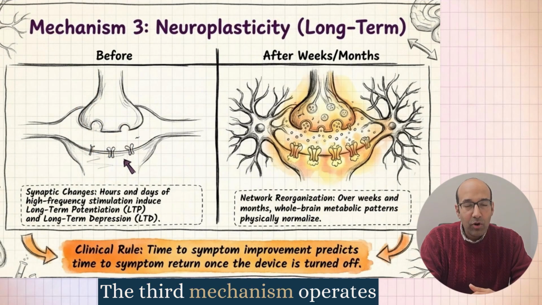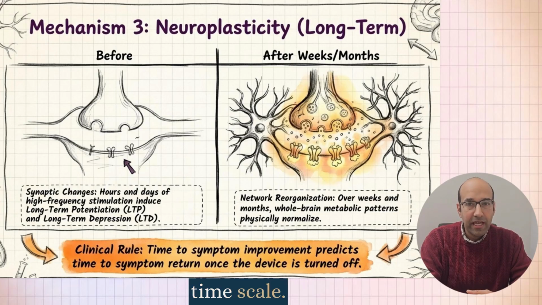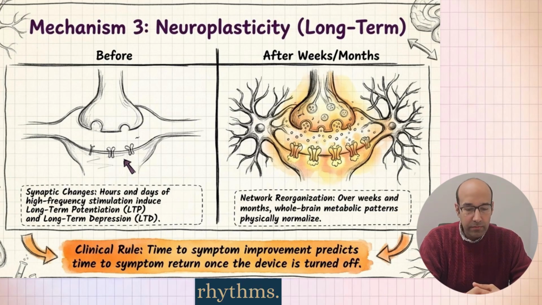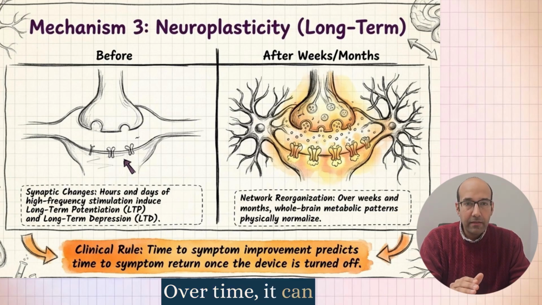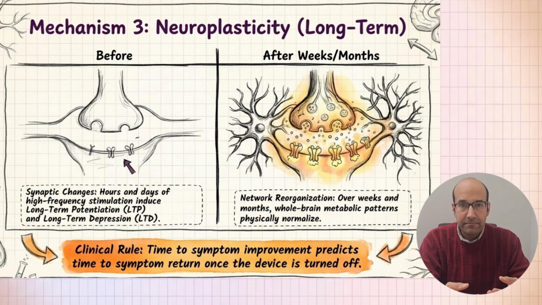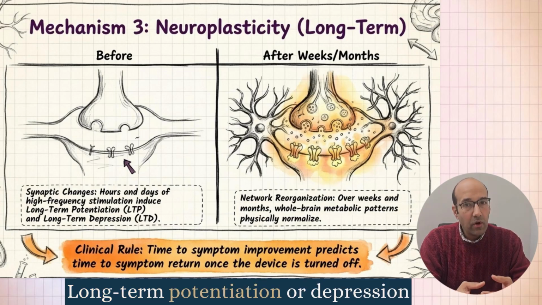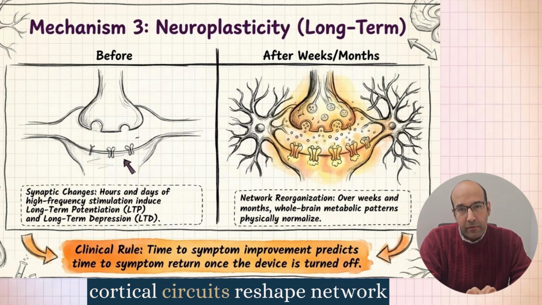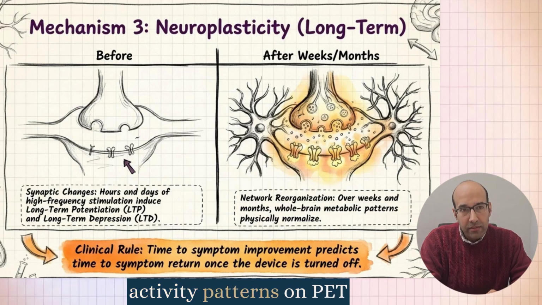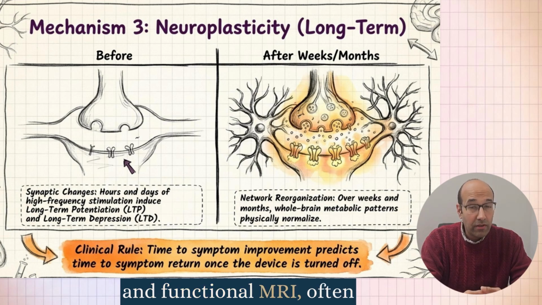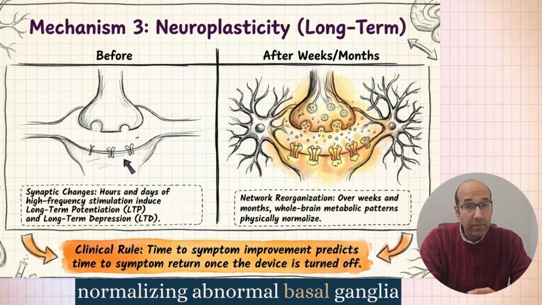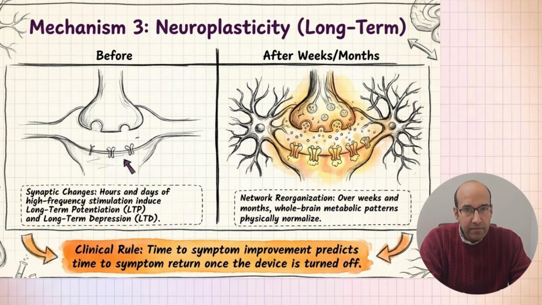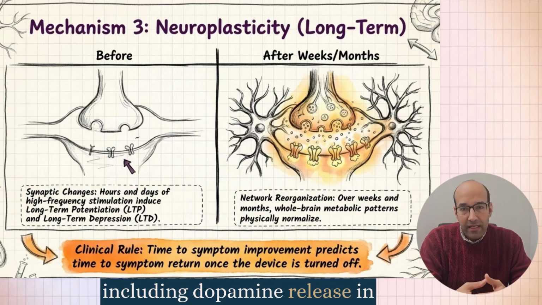The third mechanism operates on a much slower time scale. Chronic high-frequency stimulation does more than jam rhythms. Over time, it can induce synaptic plasticity, long-term potentiation, or depression in basal ganglia and cortical circuits, reshape network activity patterns on PET and functional MRI, often normalizing abnormal basal ganglia cortical covariance, modulate neurochemistry, including dopamine release in some